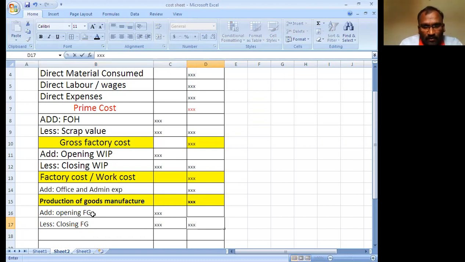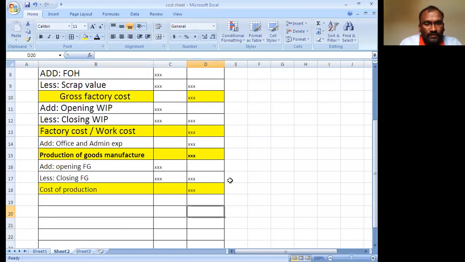Finally, write it in the outer column, and you get the cost of production. This is the cost of production.